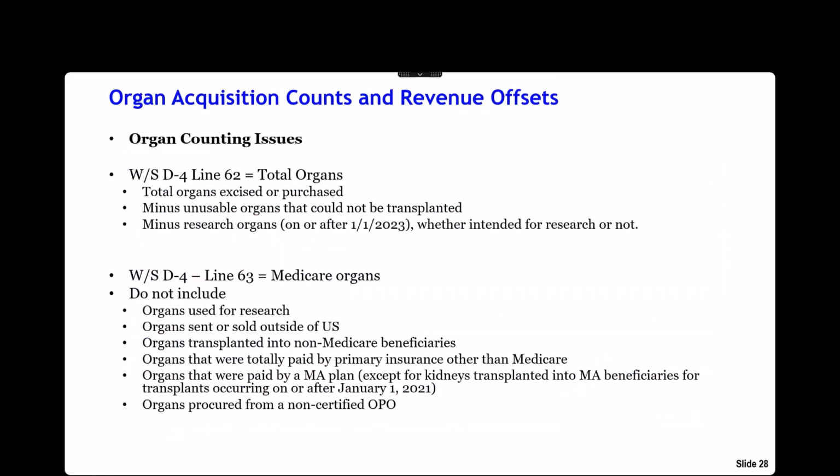So let's go into a new topic with organ acquisition counts and revenue offsets. So I know this is a topic that doesn't impact every provider. It's a relatively small group of providers that tend to be big hospitals just by their nature. So we have a few things when we're looking at organ acquisition that CMS requires we look at. And for the organ count,